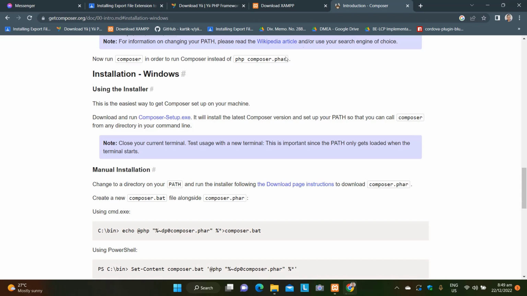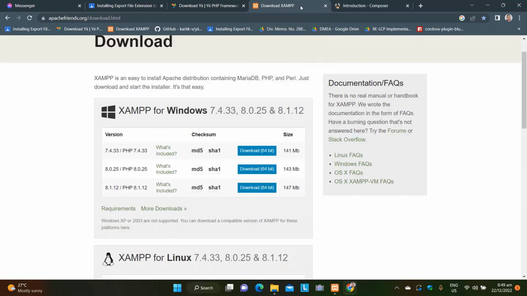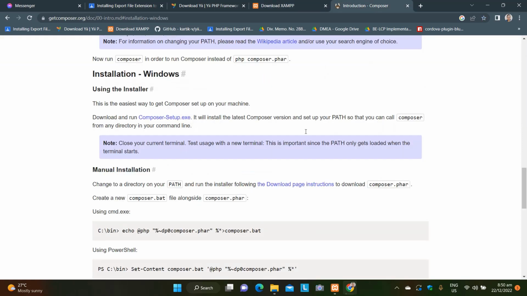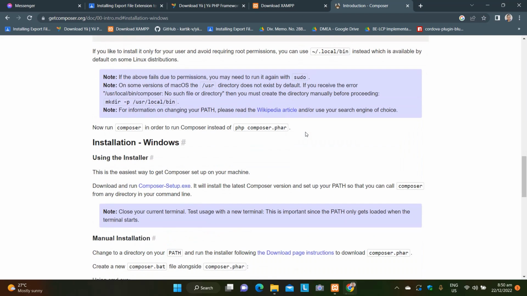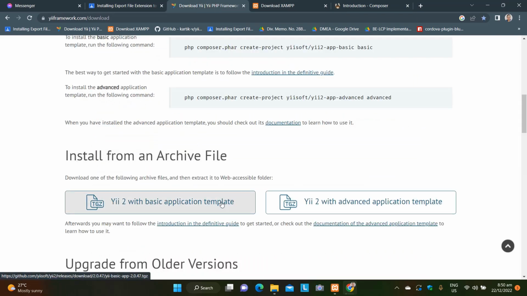Just as a reference, what we will be using in lesson 5 would be XAMPP version 8.0.25, and Composer would be the latest, which is 2.5, and in Yii, we have the Yii Basic app version 2.0.47. You can download this